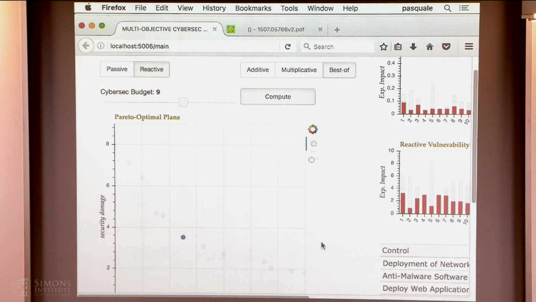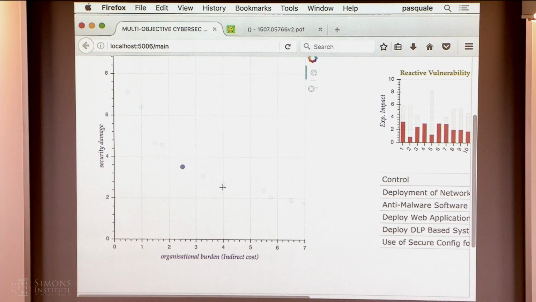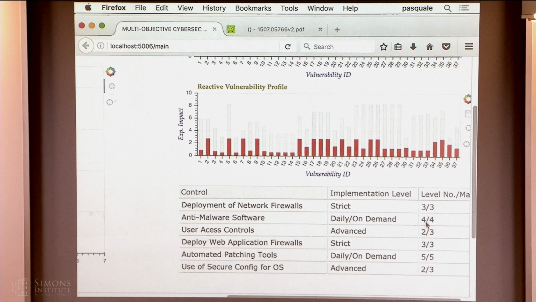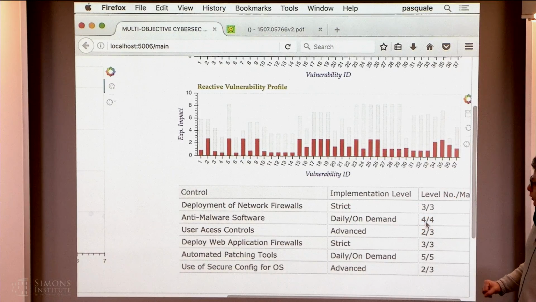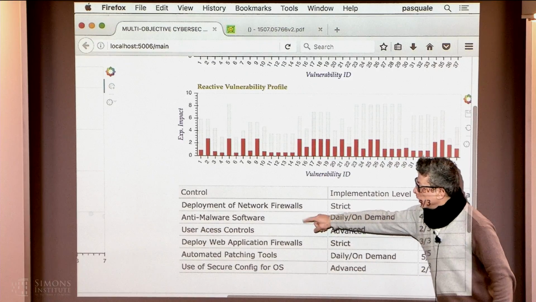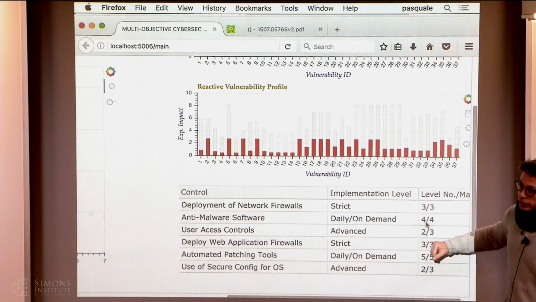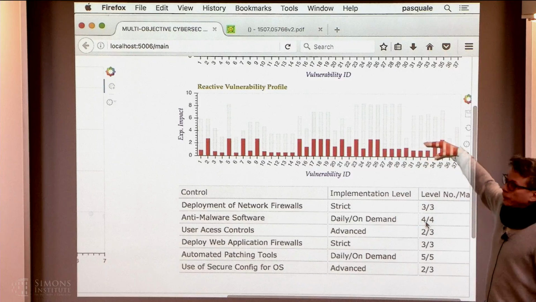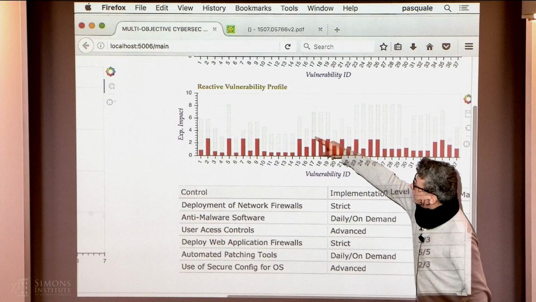For people that know a bit of game theory, I think that's quite significant. What are these solutions? If I click on a point, I get something on this side. This is a portfolio, a cybersecurity portfolio. It tells me to implement firewalls strictly, at the highest possible level, and to implement anti-malware policy daily on demand, at the highest level, and so on. And this is the visual of how this portfolio affects the security of the organization in relation to the 37 most common